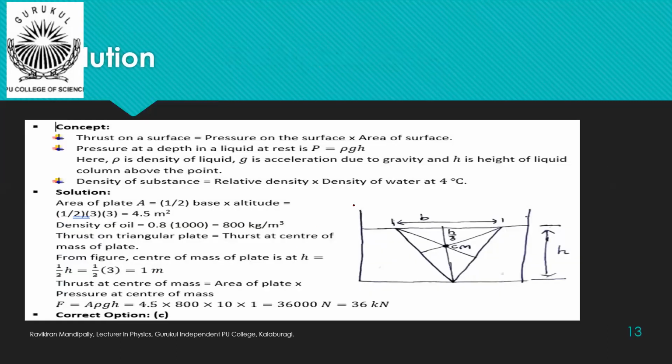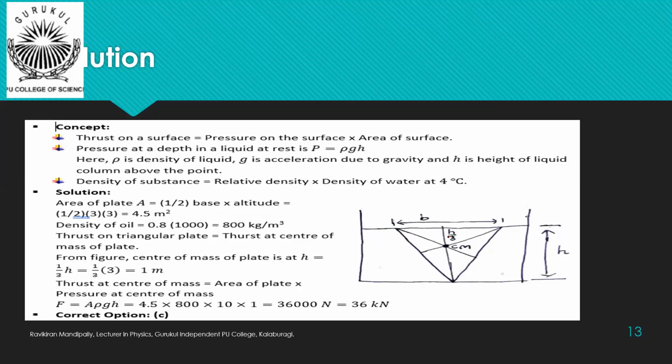In this case, the situation is this. This is an isosceles triangular plate, which is kept such that its base is coinciding with the free surface of the liquid here. And this is the altitude, h, which is given as 3 centimeter for us. Sorry, 3 meter. Now you have to find the thrust on this entire plate. If you see here, the different parts of this plate are at different depths with respect to the free surface.